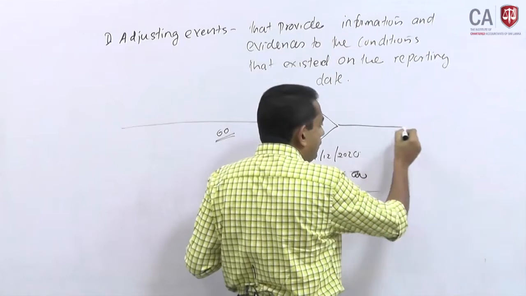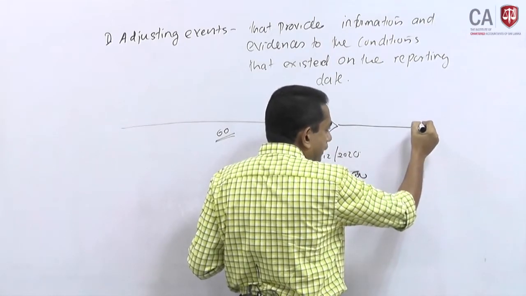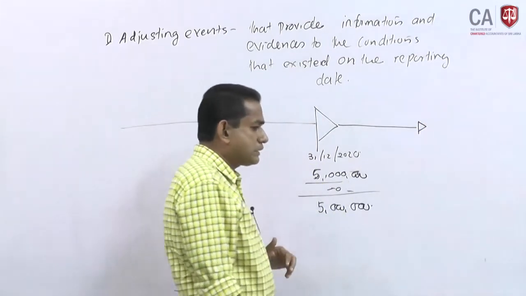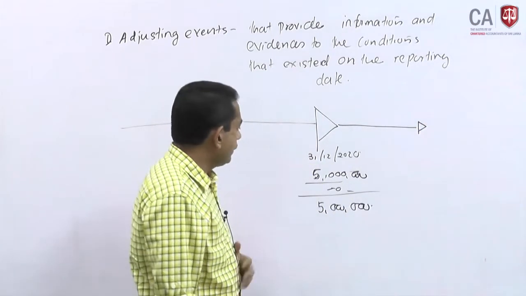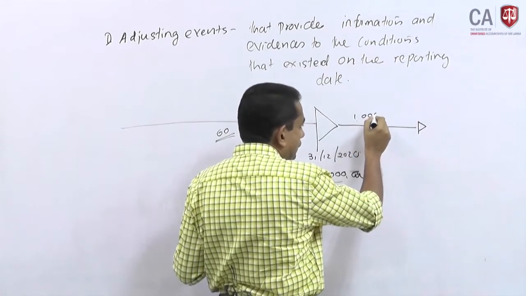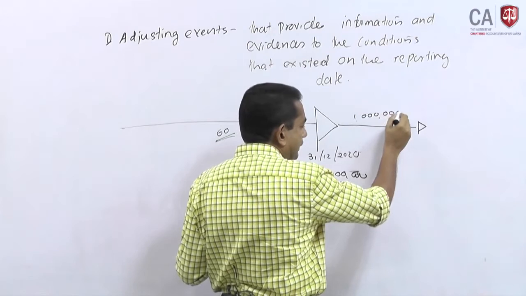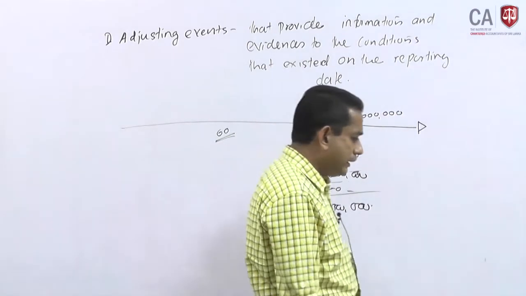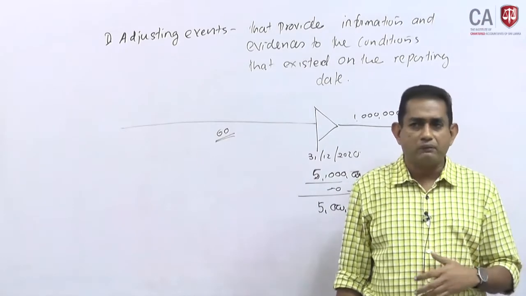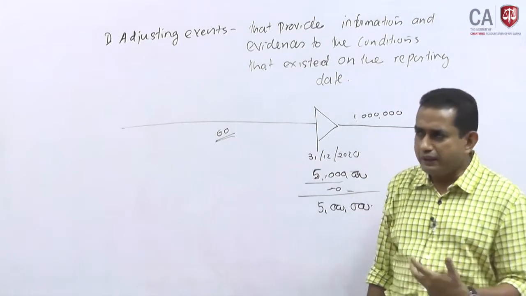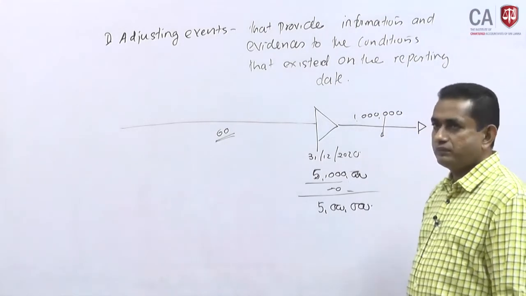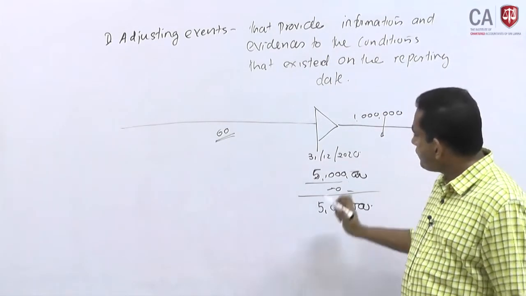Now, well before the date on which the financial statements were authorized by the directors, one particular customer who owes us 1 million rupees met with a severe accident, and he closed his eyes never to open again, and he did not have any relatives, he did not have a wife, he did not have kids, and there was no way for us to collect this 1 million rupees. Now, see,